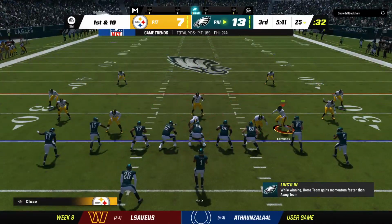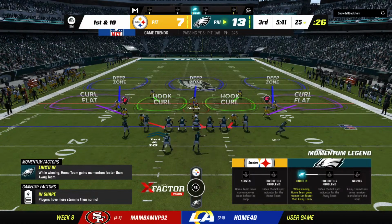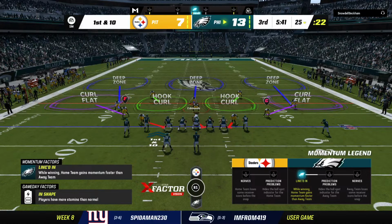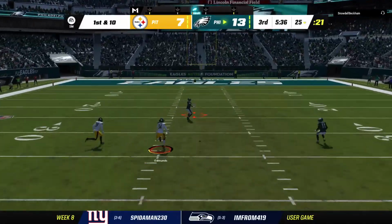The Eagles offense set to begin their next drive. As this offense takes the field, remember last drive they were moving the football, but then they threw that costly interception, so we'll see if they can right the ship here on this drive. And doesn't that just sum up football? We see it all the time, don't we? The defense goes from losing the battle to making a huge...